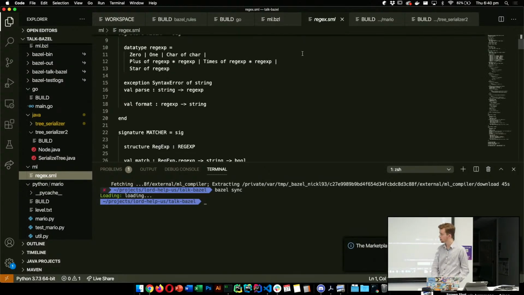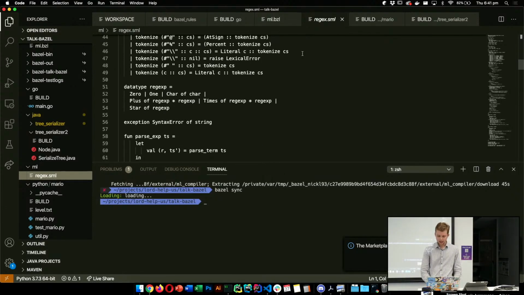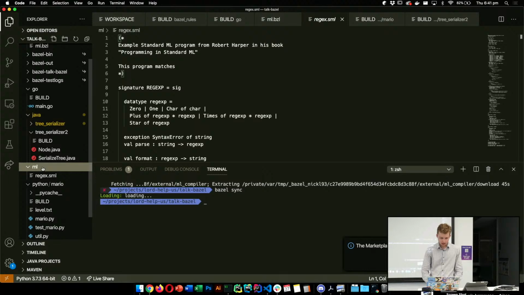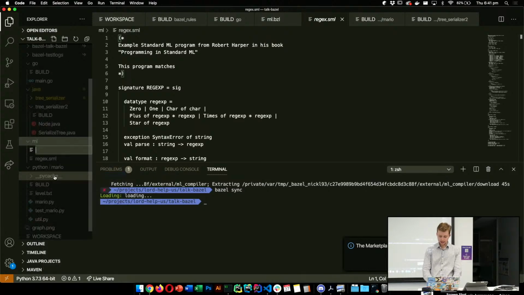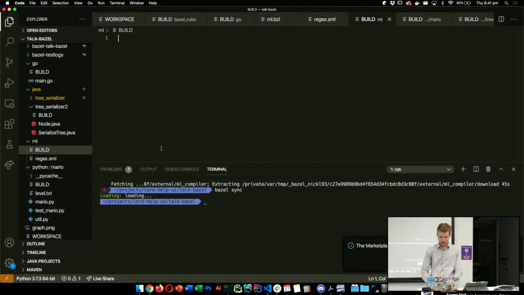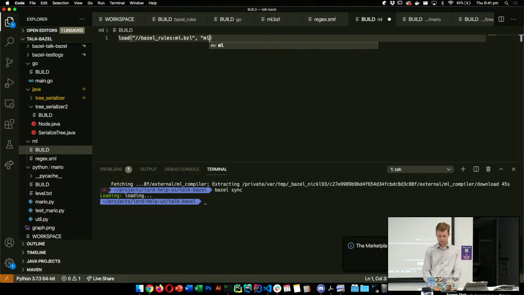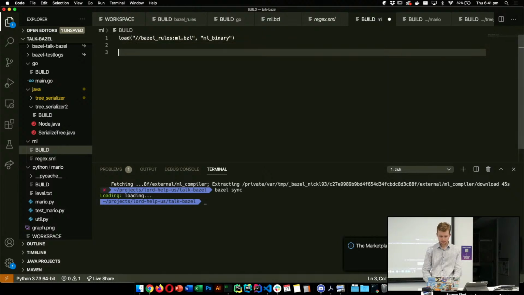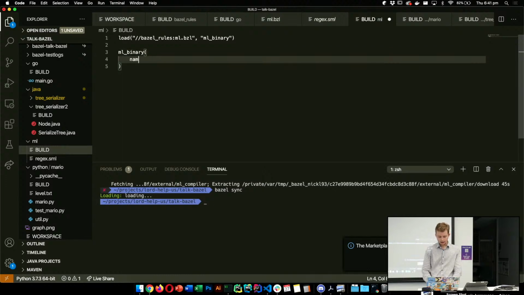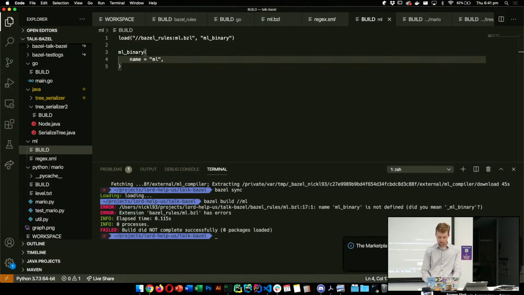So this is just some ML code. If you're not familiar with it, that's okay. I'm not either. I stole this from someone. We create a new build in this directory, and we import from where we declared our ML rule. We import the ML binary rule, and we call it ML, why not? That has the nice property of when I say Bazel build ML,